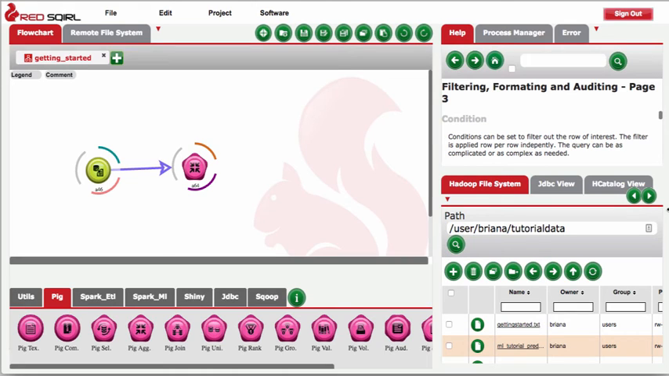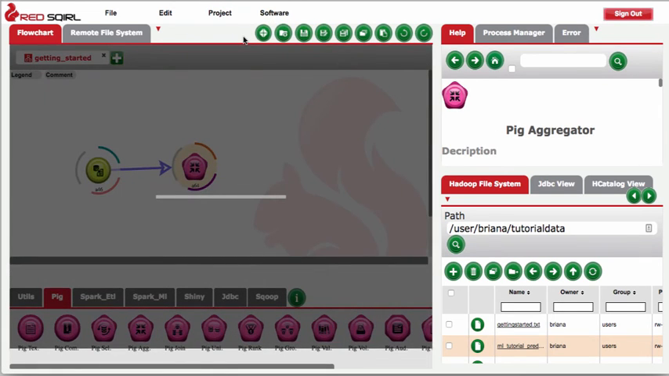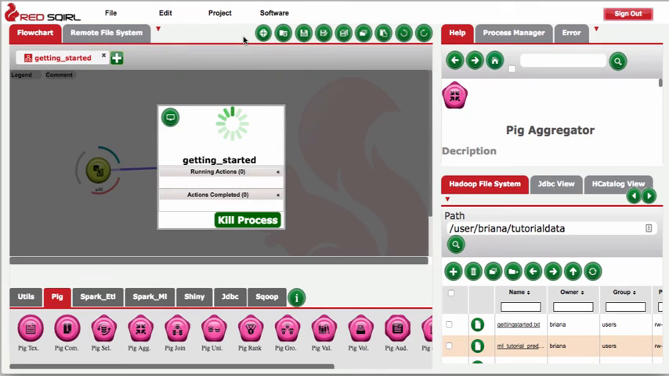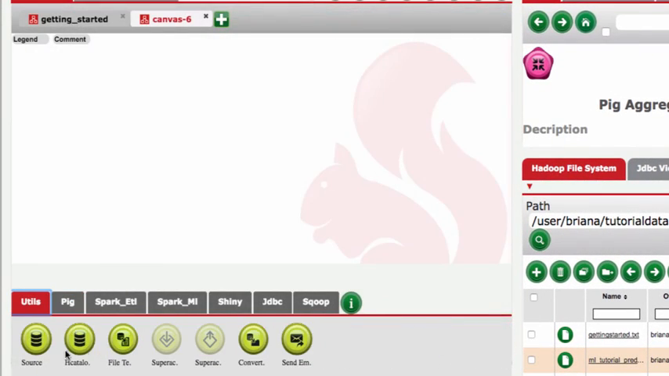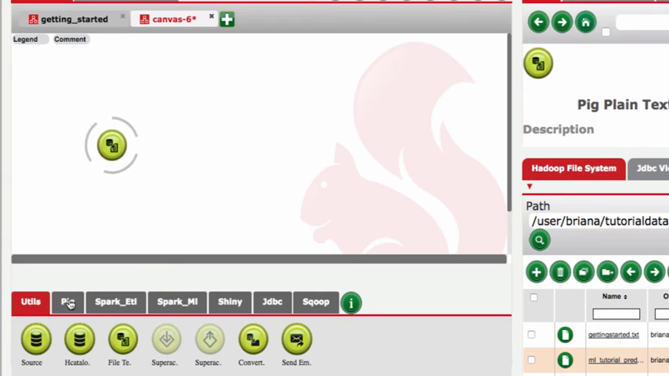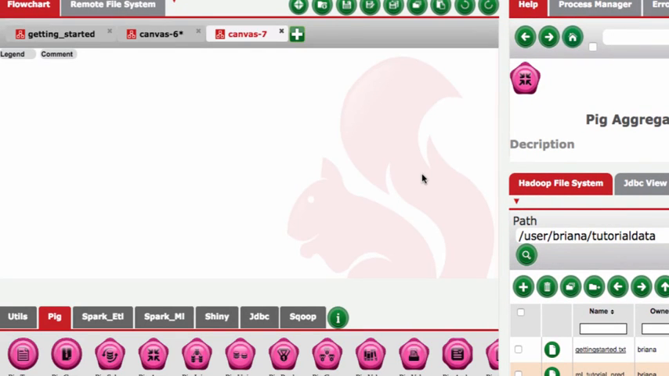Okay, so now let's run the workflow. We select the final action, and we go to Project, Save and Run. Now, since the Pig action is using MapReduce, it'll take a minute or so to run. And while it's running, the canvas can't be modified. But what we can do is create more workflows while it's running. So we can create a new canvas and just drag and drop any new actions. We can create multiple canvases,